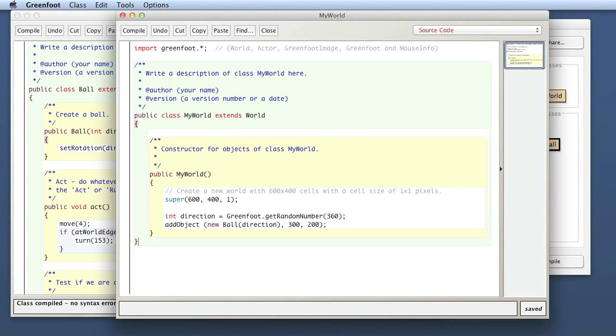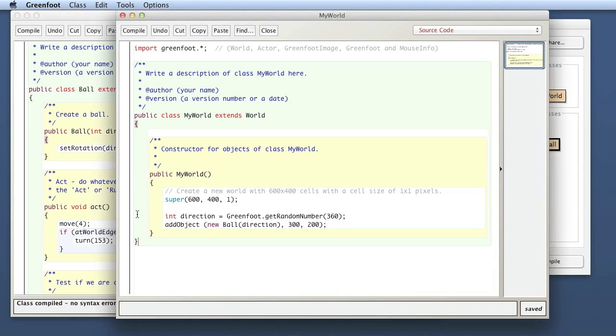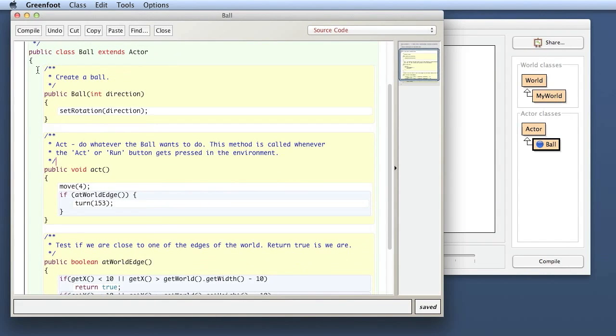So now we are at a point where, out of our three elements in the body of a class, we have a class that has methods and that has a constructor, but we don't have fields yet. We see here a constructor and two methods. Before we go on to add fields, one other